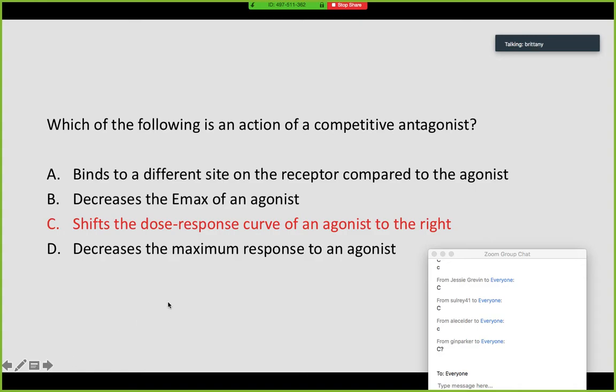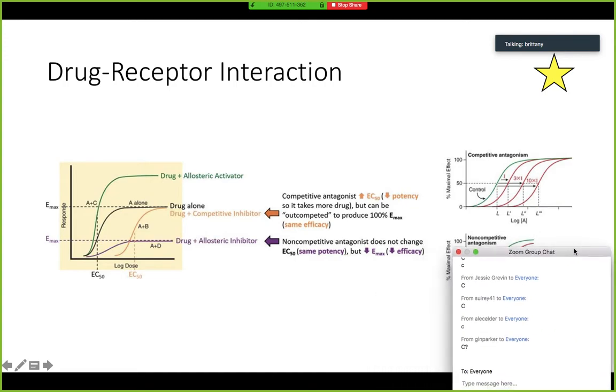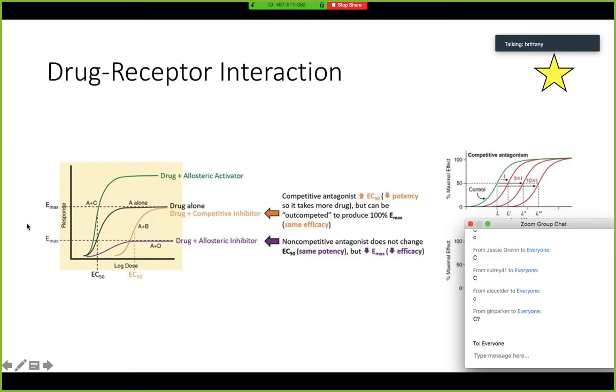Right, so the answer here is C. This one's a little bit tougher. If you were in that session, I kind of walked through this. This picture here was made by my tutor last year. If you can understand the difference between a competitive and non-competitive antagonist, then you're going to get this question